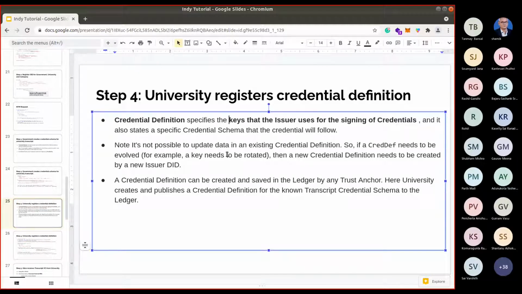The credential definition specifies the keys that the issuer uses, the public key. Consider a scenario where I am receiving a presentation of a transcript which is issued by the university. From that presentation, somehow I have to identify what key should be used to validate that presentation.